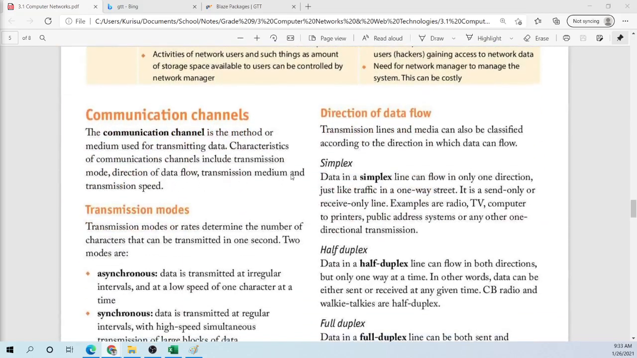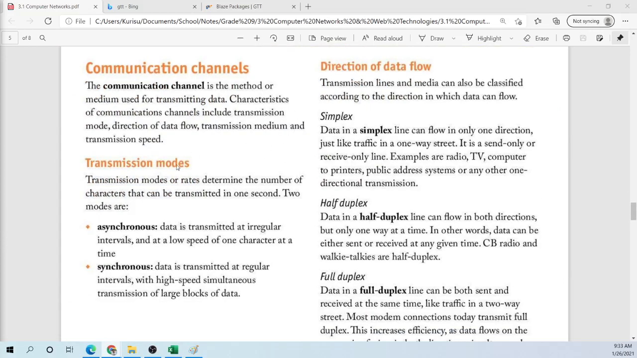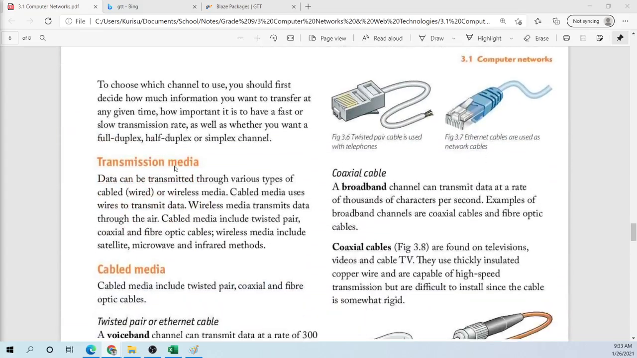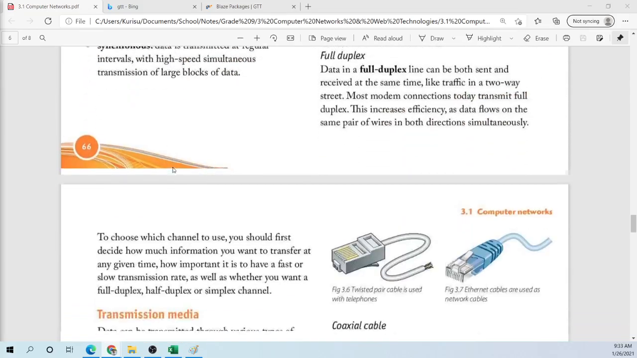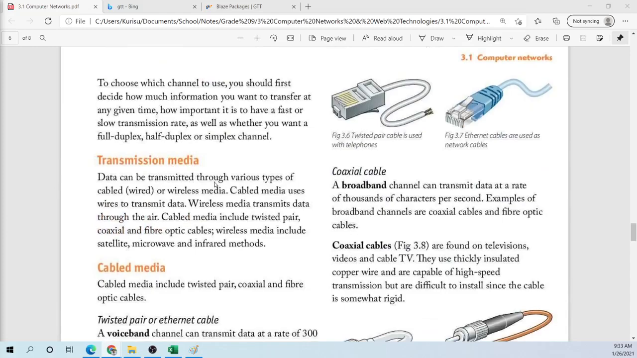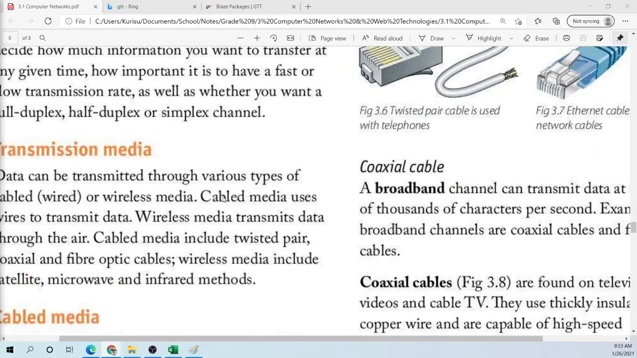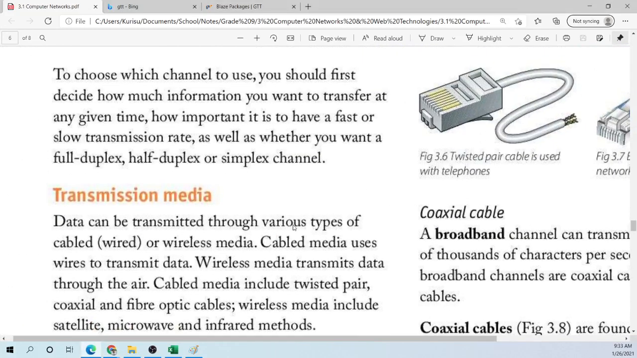So we looked at two characteristics so far. We looked at the transmission mode, we looked at the data flow. Next we're going to look at the transmission media, what they use to transmit the data. But we missed this paragraph at the top here, so